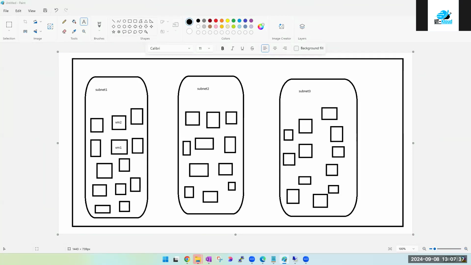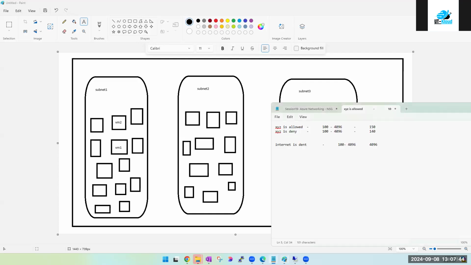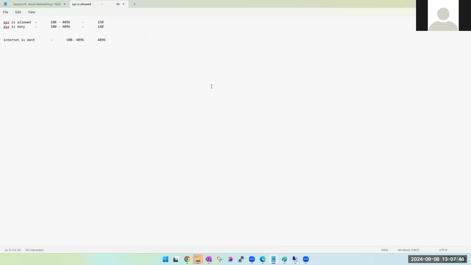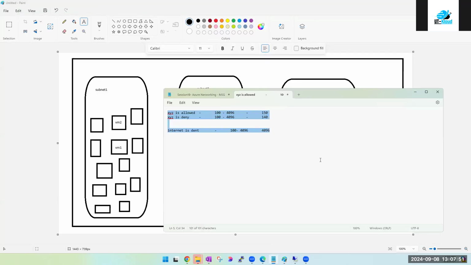Yes, guys. Wait. Who was answering? Razak bhai, wait. Let me write down the question in case of confusion. Can we apply a rule at NIC level? Wait, I'll write that down. Write down the question. Subnet 1,